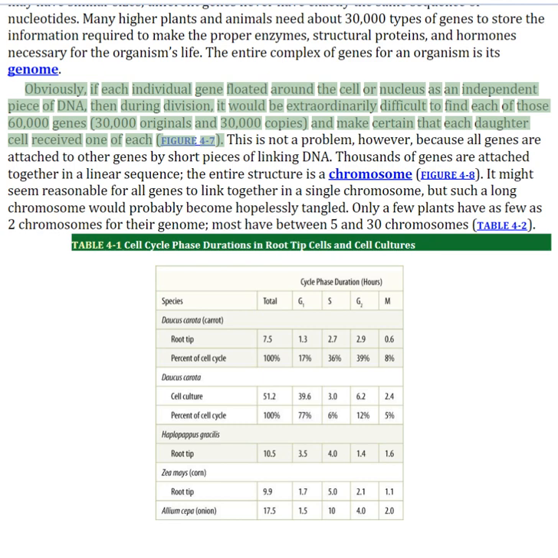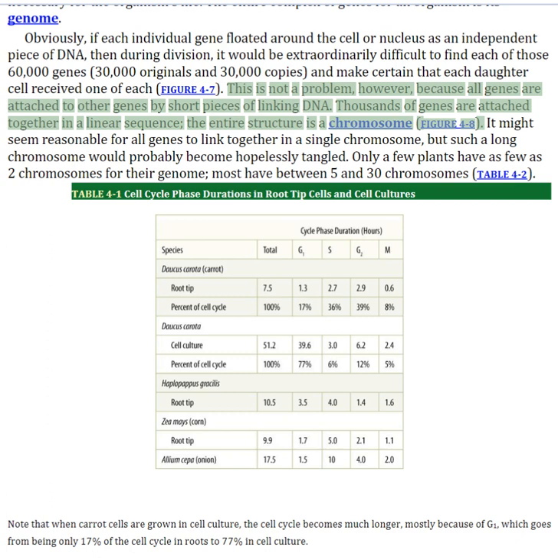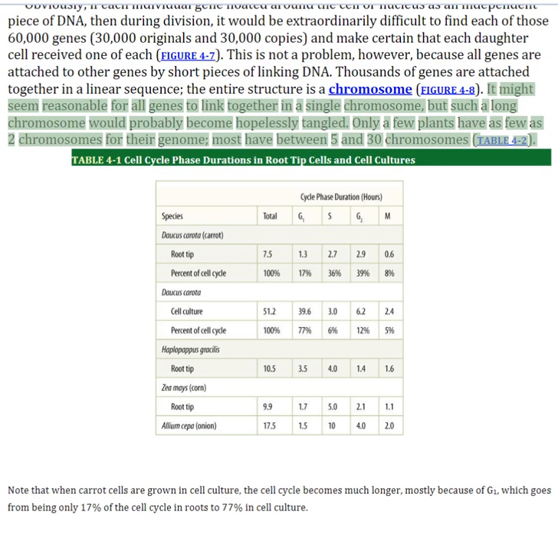one of each. This is not a problem, however, because all genes are attached to other genes by short pieces of linking DNA. Thousands of genes are attached together in a linear sequence. The entire structure is a chromosome. It might seem reasonable for all genes to link together in a single chromosome, but such a long chromosome would probably become hopelessly tangled. Only a few plants have as few as 2 chromosomes for their genome, most have between